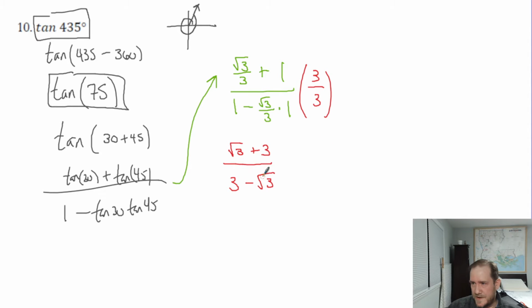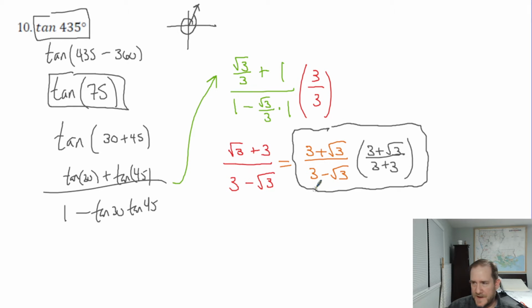Now I did say I don't love seeing these things out of order. So the numerator here could just be rewritten as 3 plus root 3 over 3 minus root 3. But the more pressing thing is we're really not allowed to keep this radical in our denominator. So we'd better multiply by the conjugate, so 3 plus root 3 over 3 plus root 3. So now from here,